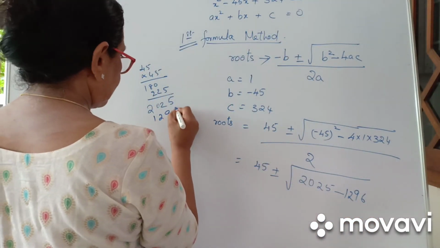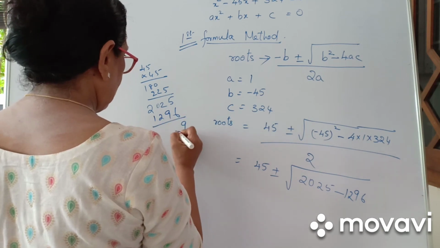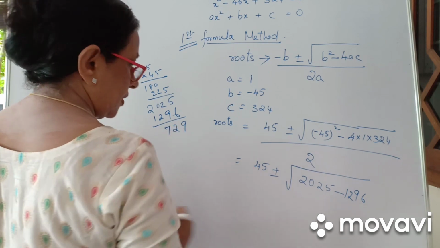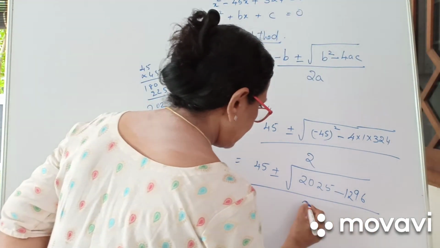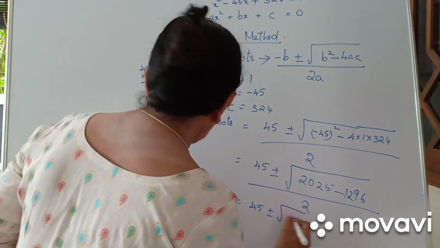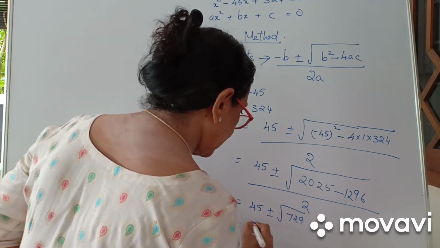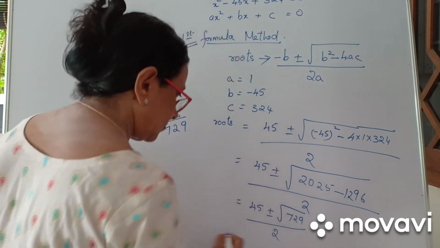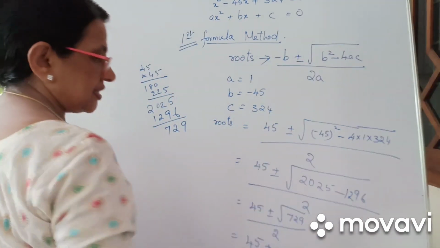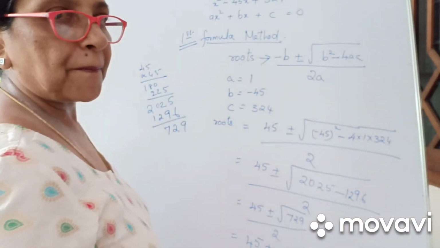So the whole divided by 2, which is equal to 45 plus or minus root of 729 divided by 2, which is equal to 45 plus or minus,